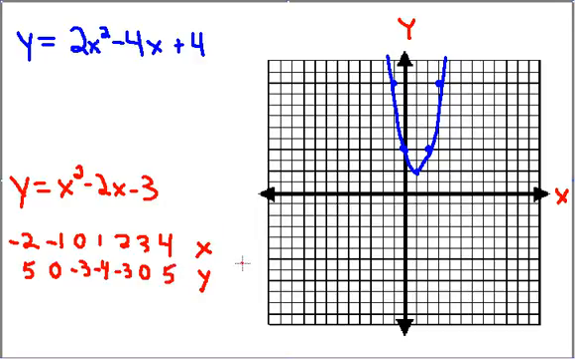So let's go ahead over here now and plot these points. Minus 2, 5, right here. Minus 1, 0. 0, minus 3 is right there. 1, minus 4 there. 2, minus 3 comes to this point. 3, 0 here. And 4, 5 up here. So if I were to connect these with a smooth line